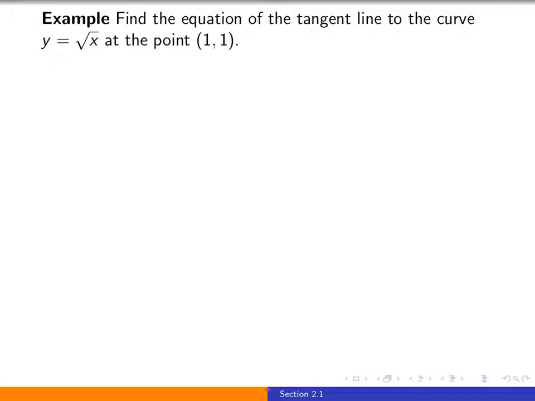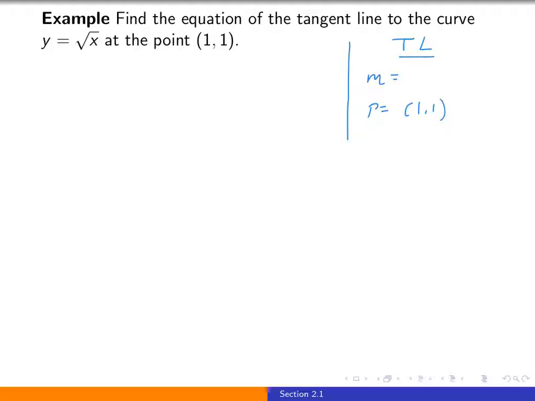In this video, we will investigate several more examples of finding the equation of a tangent line. So in the first problem, we will find the equation of the tangent line to the curve y equals square root x at the point (1, 1). Keeping in mind what we need to find the equation of the tangent line, it's a line, so we need a slope and a point. The point is given as (1, 1),